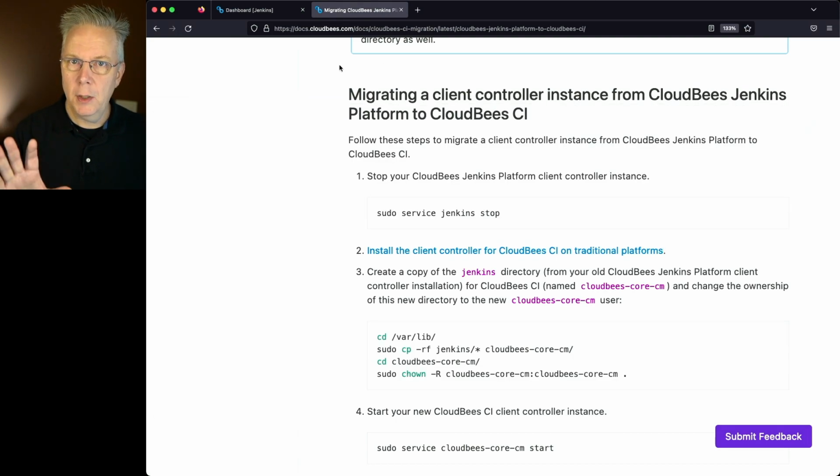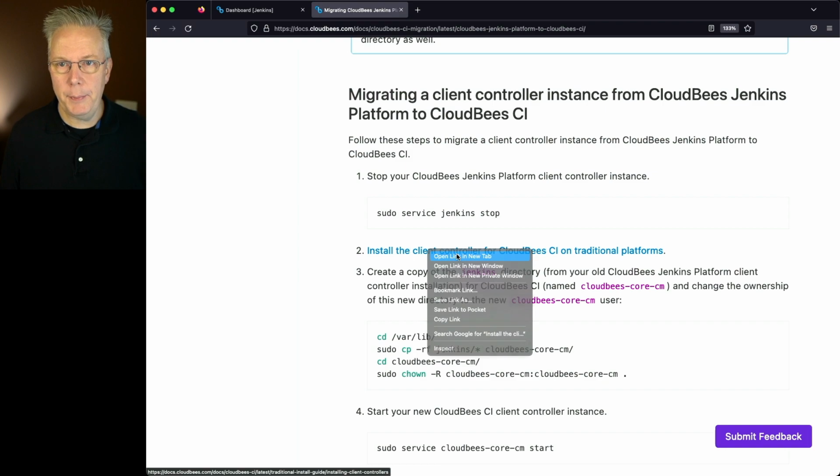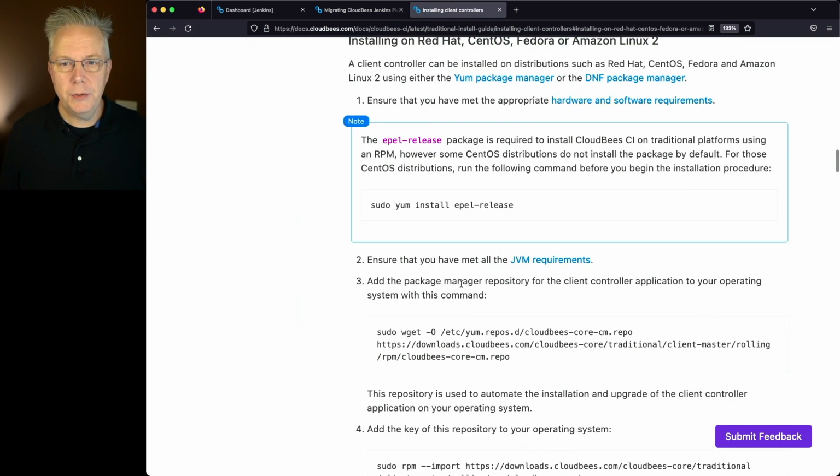So at this point, we've stopped the service and we have backed up our Jenkins home directory, which again, by default is /var/lib/Jenkins. Now let's go ahead and install the client controller. I'm going to open this tab up here and I'm going to click on CentOS. So the first thing that I'm going to need to do is make sure that I have the appropriate hardware